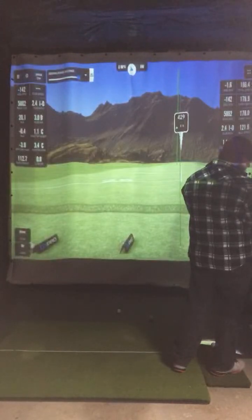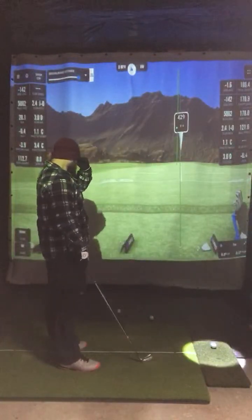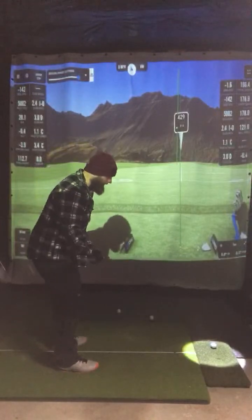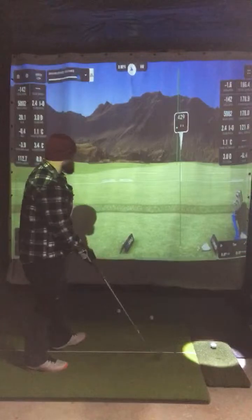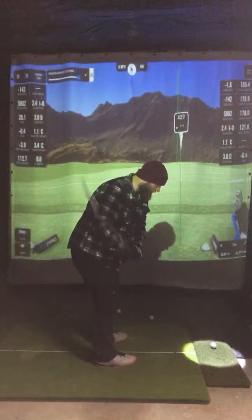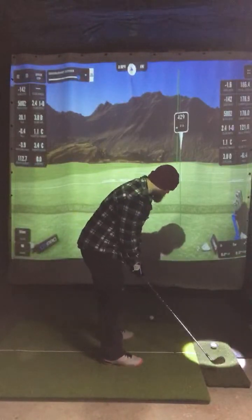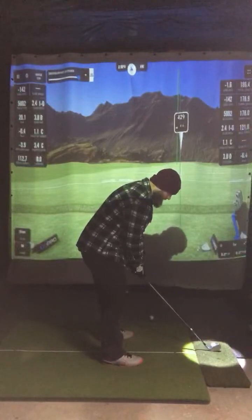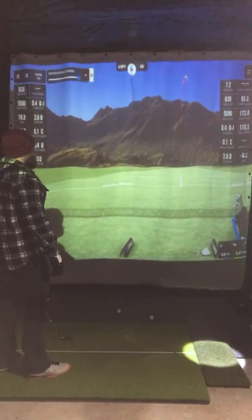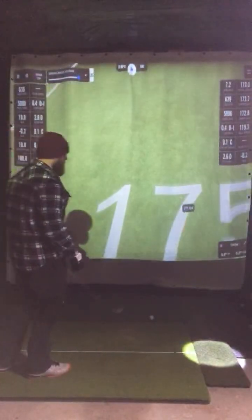Heel because you're extending hips towards the ball. Fall away from it. I'm not disagreeing with you. To me, it's just when I've felt that before, and it feels like when I'm falling away, it promotes me swiping across it, or the feeling of swiping across it more. Falling away. Well, I quite literally fell away on that. It wasn't hit horrendous, but